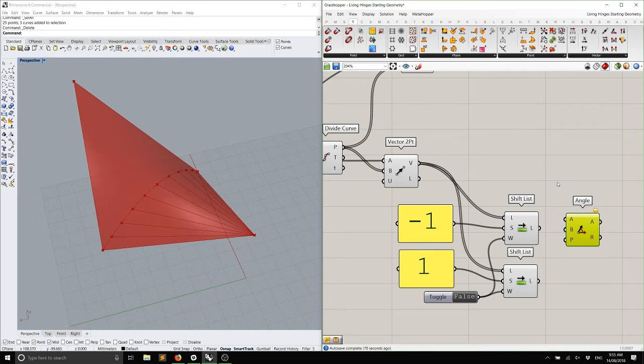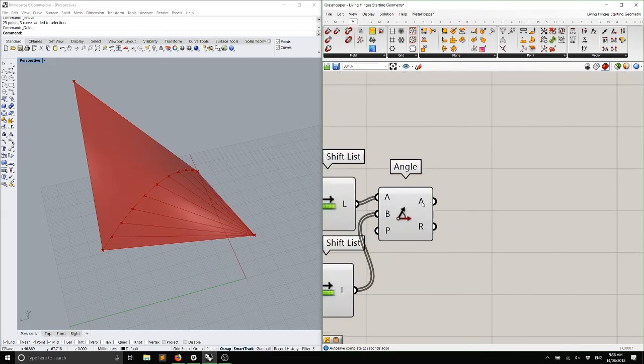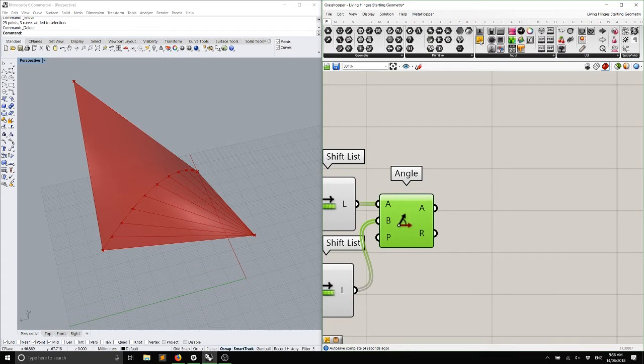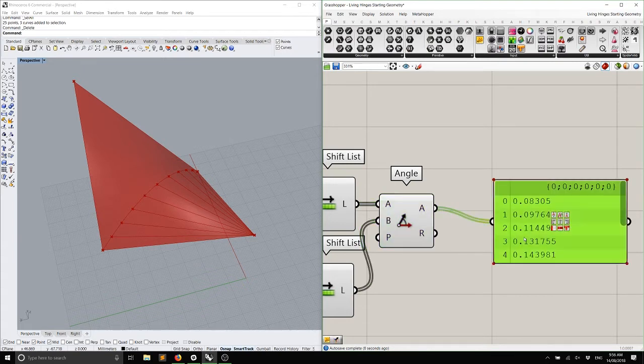If you want to measure the angle relative to another plane of two vectors, like if I were to have two 3D vectors and I just want to measure what their rotation is in 2D, then you can put the plane that you want to measure that to into P, and that'll give you the outcome. Have you caught up? I think yeah. Cool. Okay, so what we're going to do is plug our two shifted angles into the angle component, and the output of that should give us